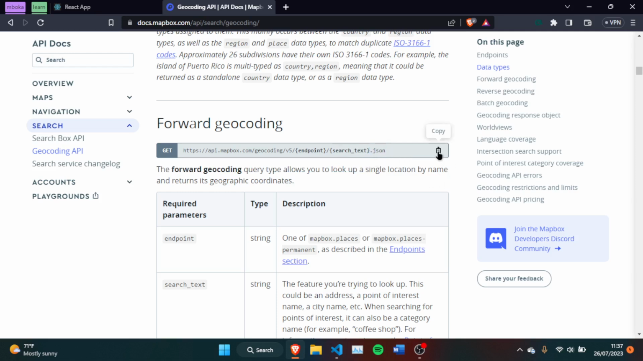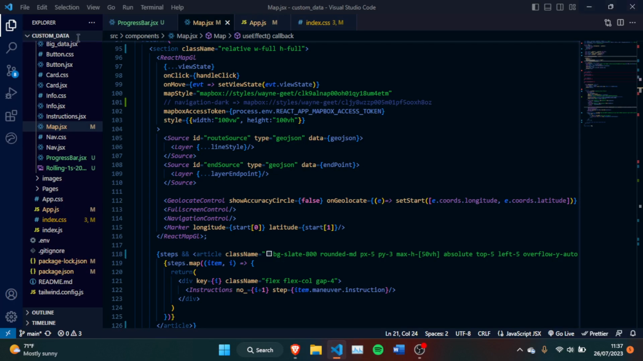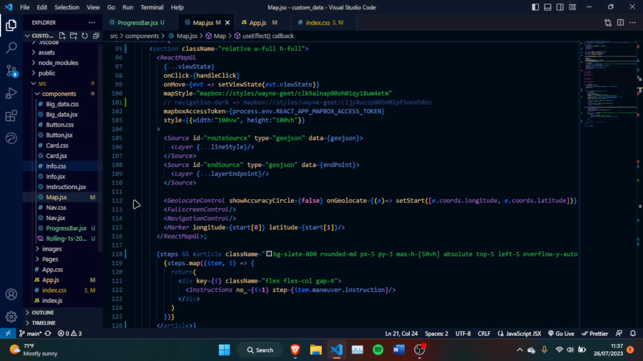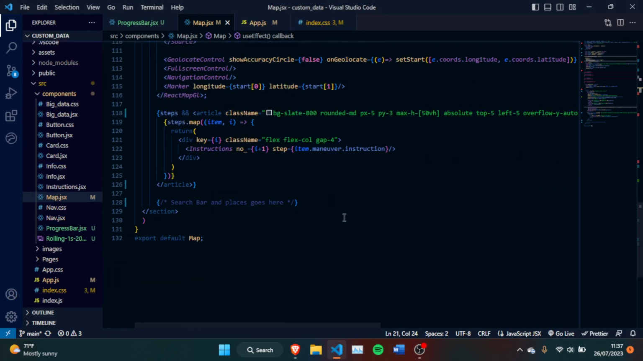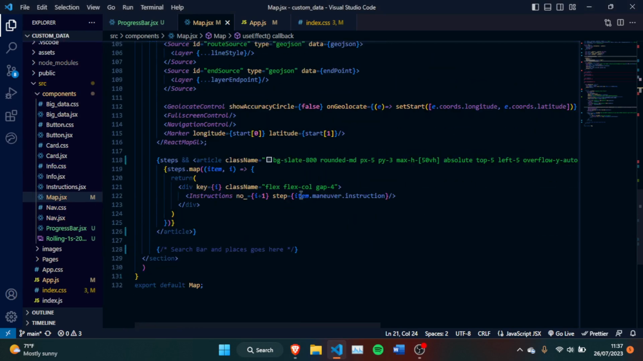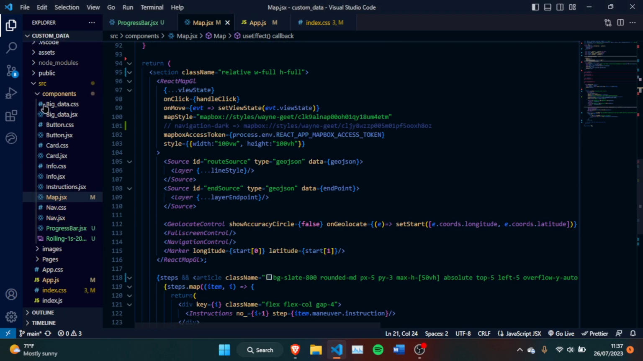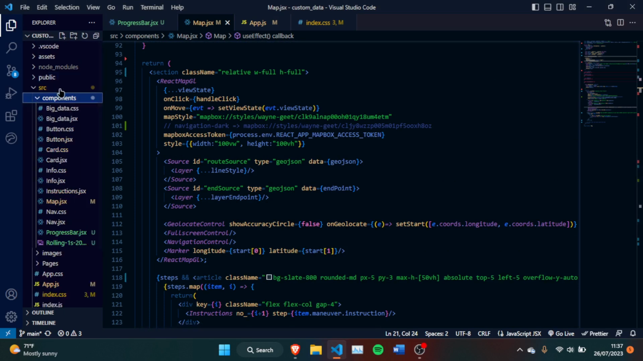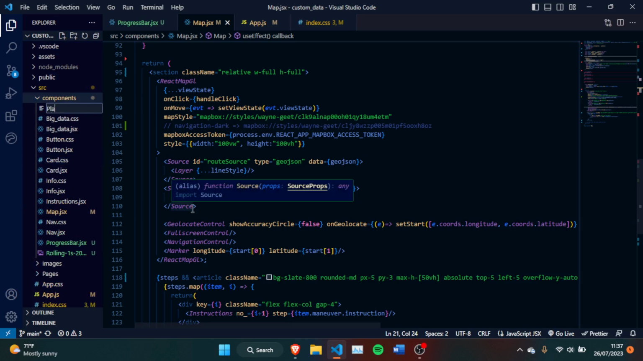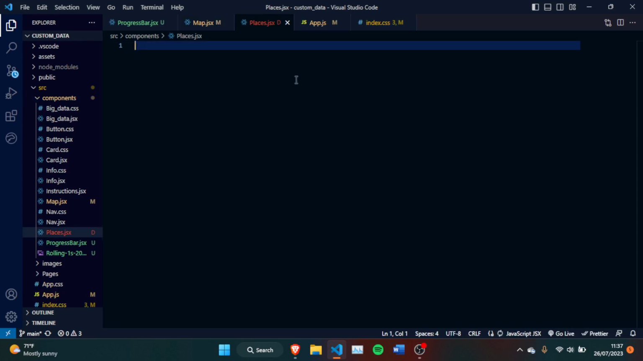So what we're going to do is copy this URL, and I'm going to create a new component that we're going to render below our main, that is the map. So I'm just going to come up here and create a new component, and you're going to call it places.jsx, like so. And I'm just going to create a